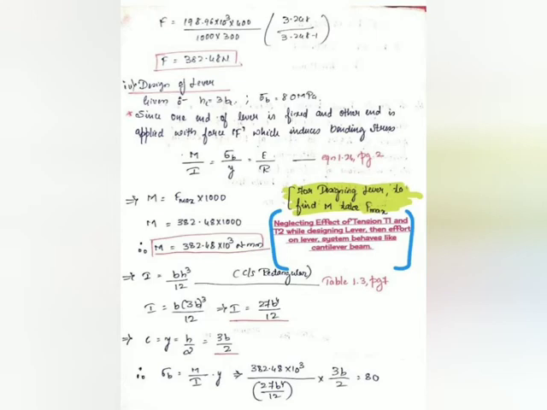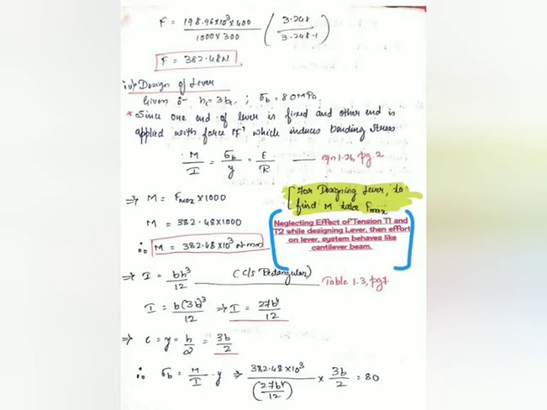Now the last step is design of the lever. In this question, a particular condition is given, that depth h is equal to thrice the width, that is h equals 3 times b. And the allowable stress for the lever is given as 80 MPa. Now how to solve this? How to design a lever? Designing a lever means you are supposed to find the dimensions of the cross-sectional area of the lever.